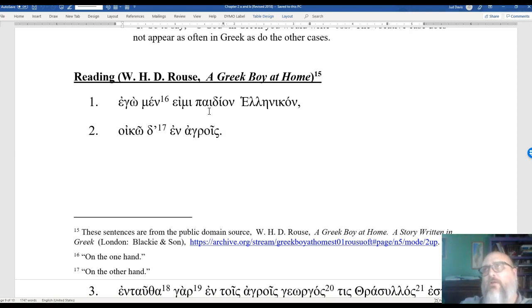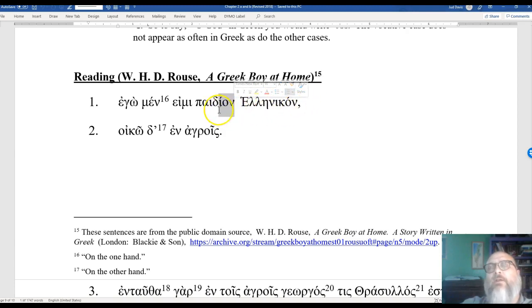He knows how to teach Greek, and we're just going to go over these sentences, not expecting you to get all of them, but I think you'll be able to get some. So ego, we get "ego" from it. This is the word I. Men is "on the one hand"; it always occurs as a post-positive, one word deeper than you'll translate it. On the one hand, I am a paideon